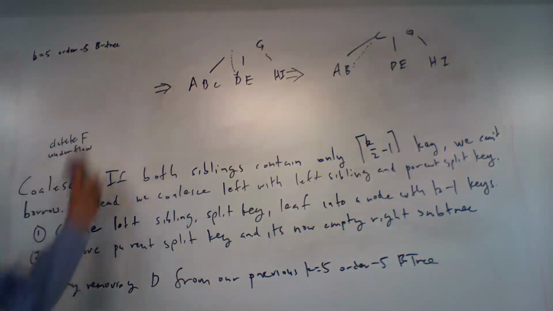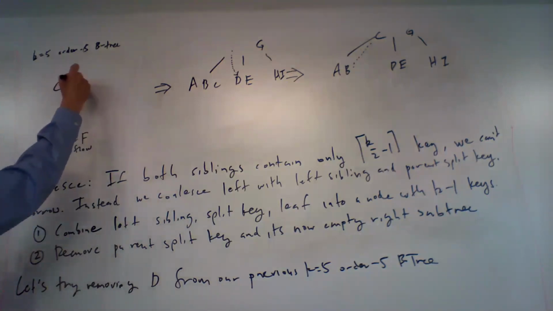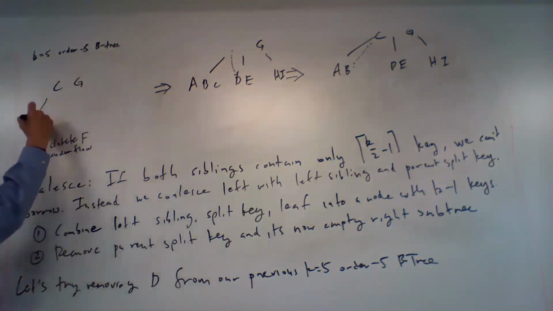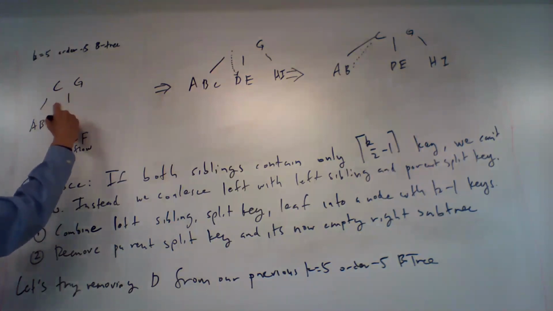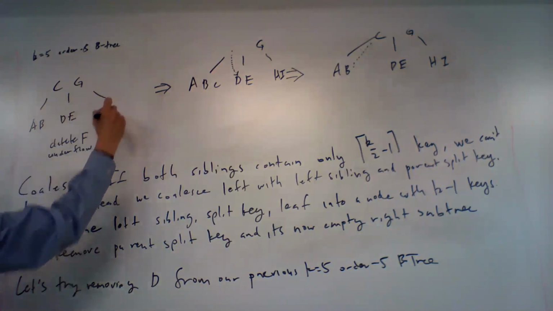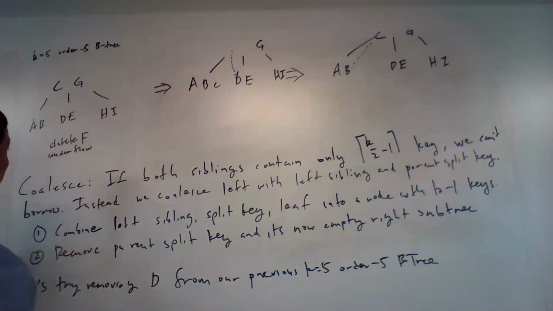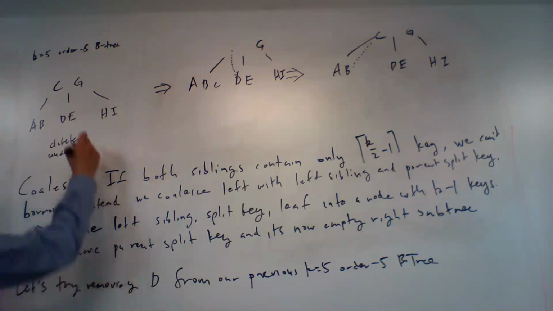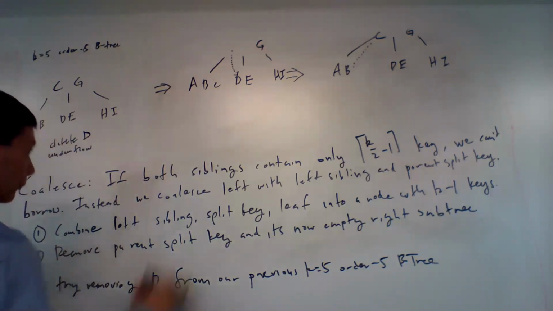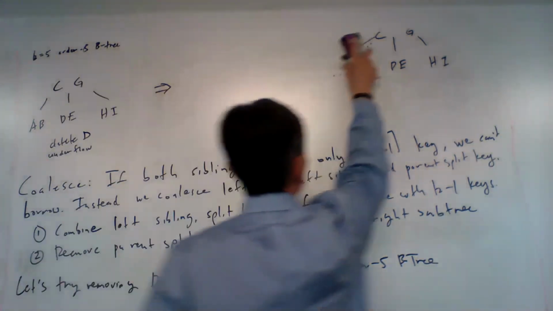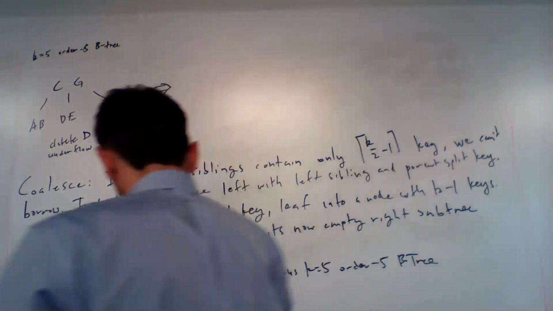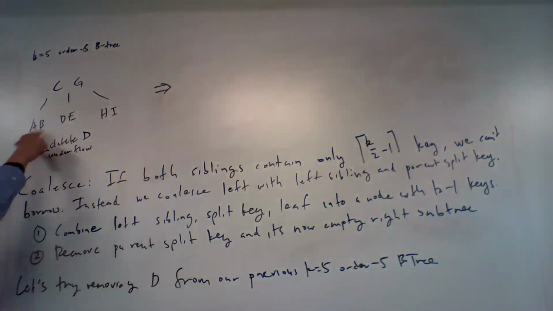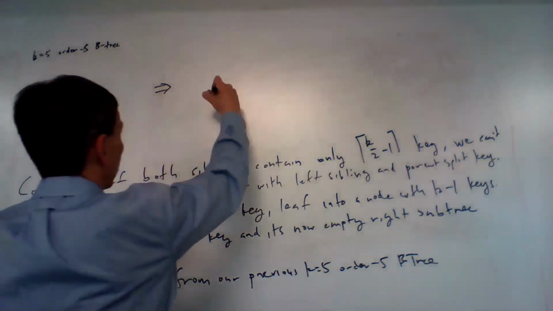So I'll just copy over what we've got, which is C, G, A, B, D, E, H, I. And we're going to delete D, producing underflow. Okay, so you see when I delete D, I look left, I look right, there is nowhere I can borrow from. So instead of borrowing, I'm going to take the left